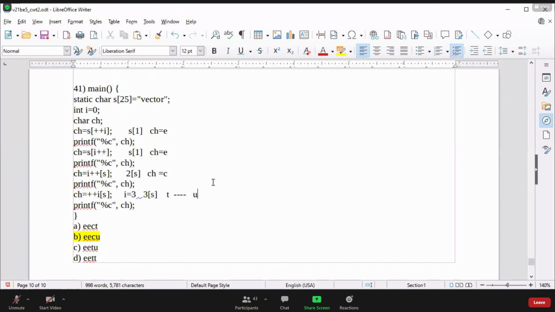Okay, so once again we explain about T and U. See, the I variable value was 3 because of the previous post-increment. The I variable value was 3. 3 means here we can say it is pointing to character T. Now that character T is going to be incremented. So the character is incremented one time, you will get the next character U. That U is going to be assigned to the variable. So that's why here you are getting our result as EU. Character U.